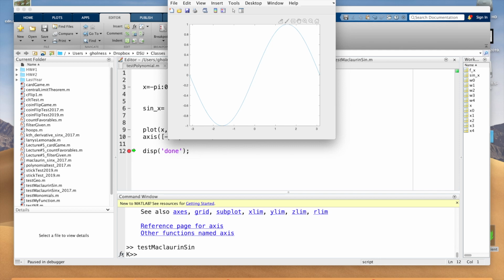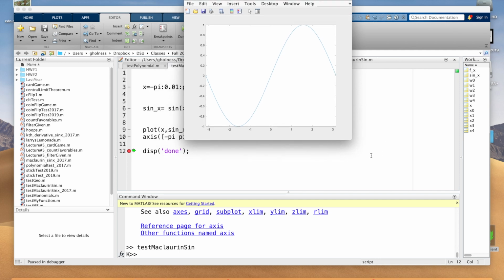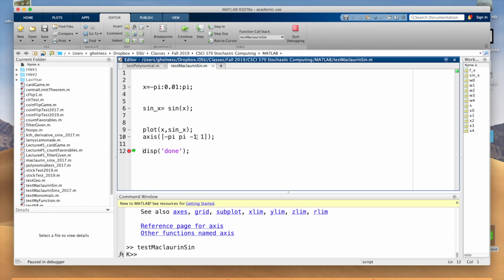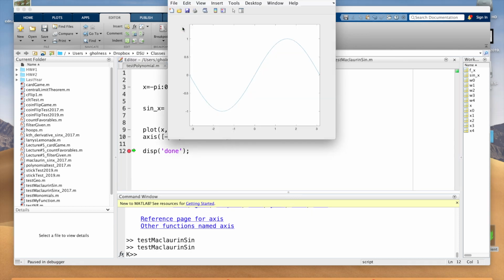So there's our sine wave. Okay, it's not too interesting. Maybe I should do it a little bit more than one, just so you can see the top of it and see it turn instead of being clipped at the top of the screen. So the 1.4. We'll do it that way. Save, run. All right, so there we go.